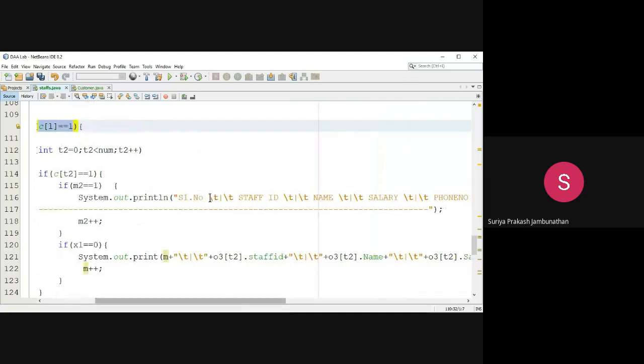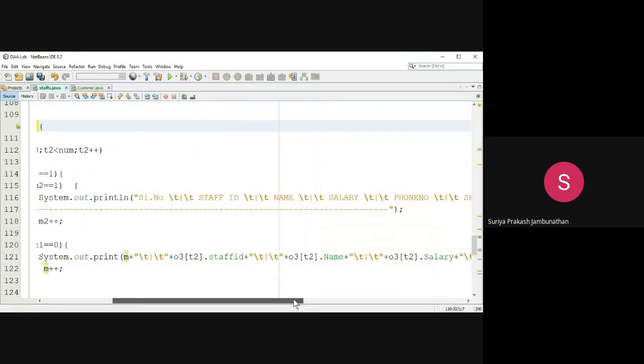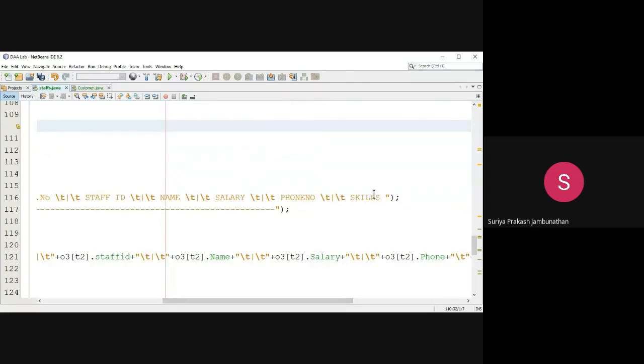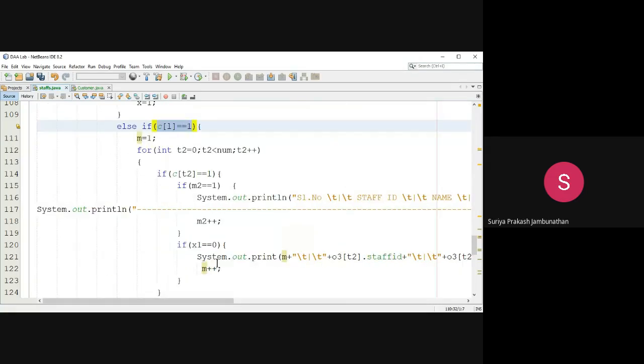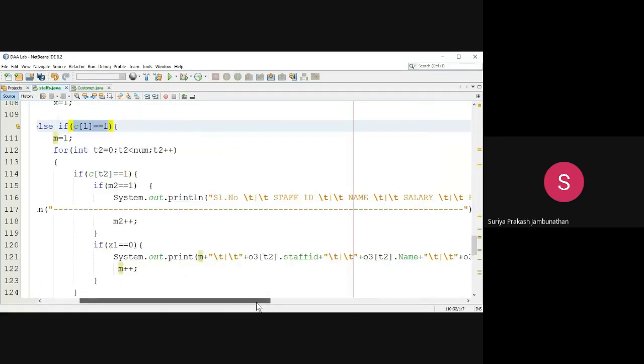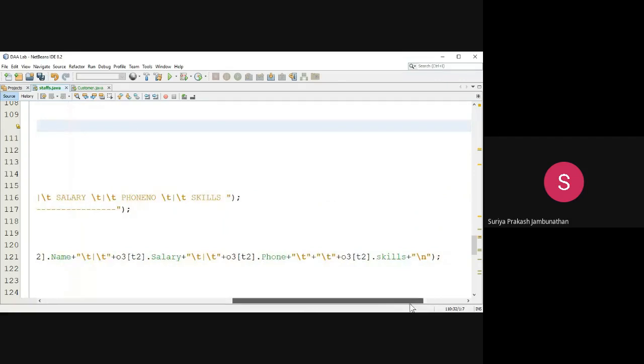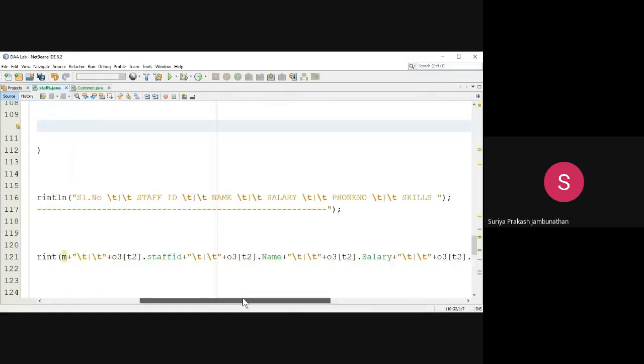The header is serial number, staff ID, name, salary, phone number, and skills, because for technical staff we have skills. Then accordingly we retrieve the particular values: O3 of 0 staff ID, the name, salary, phone number, and skills of the technical person, and display them as output.